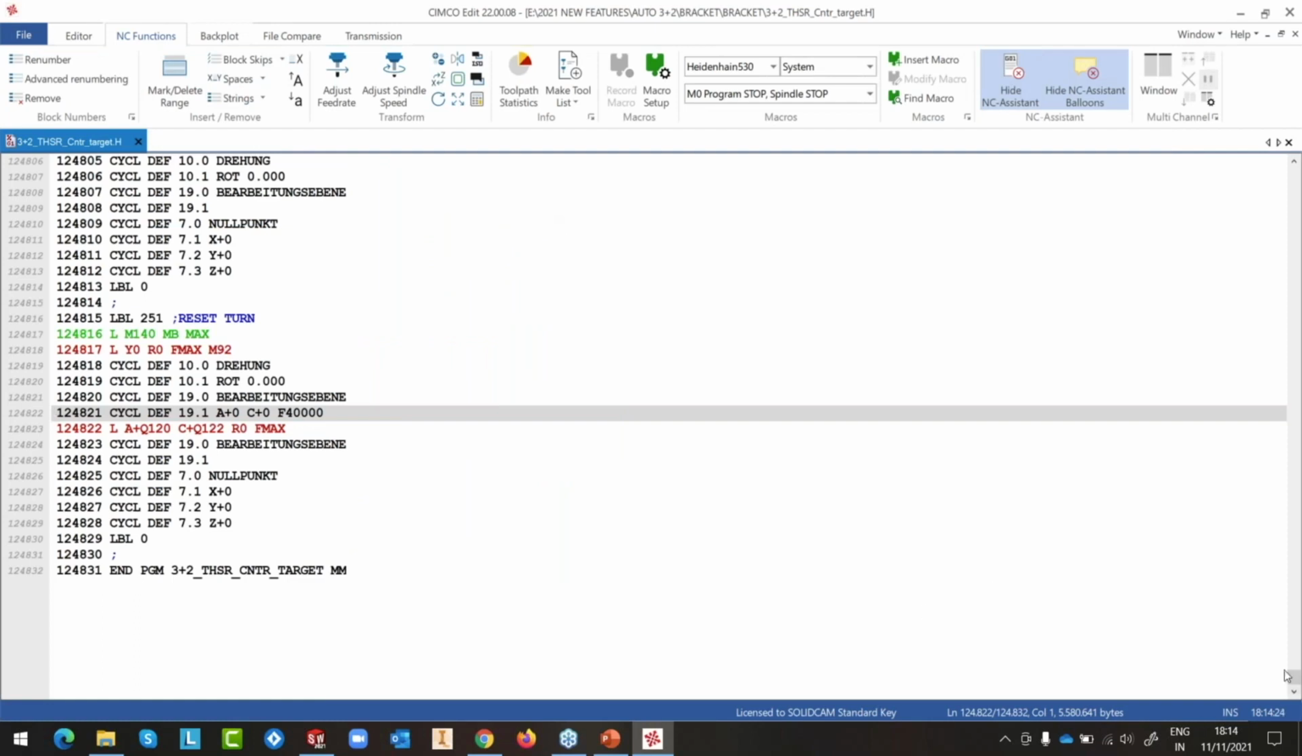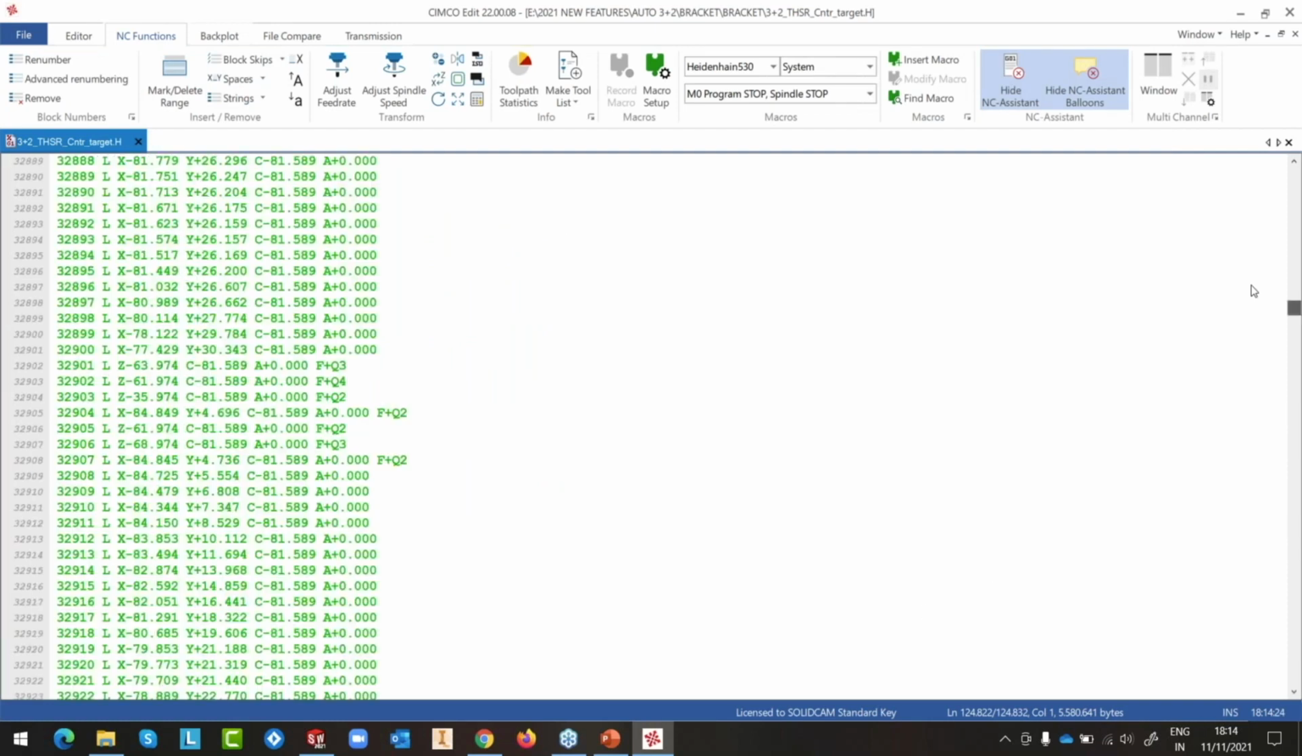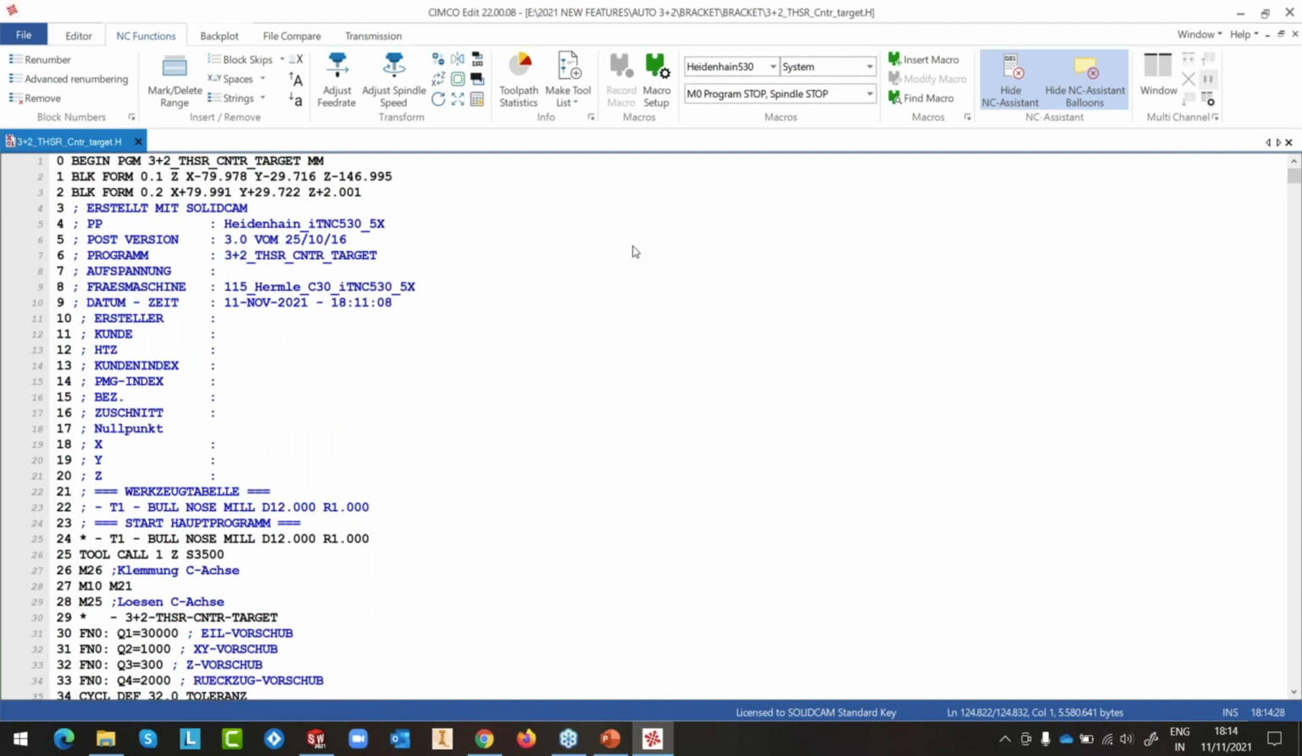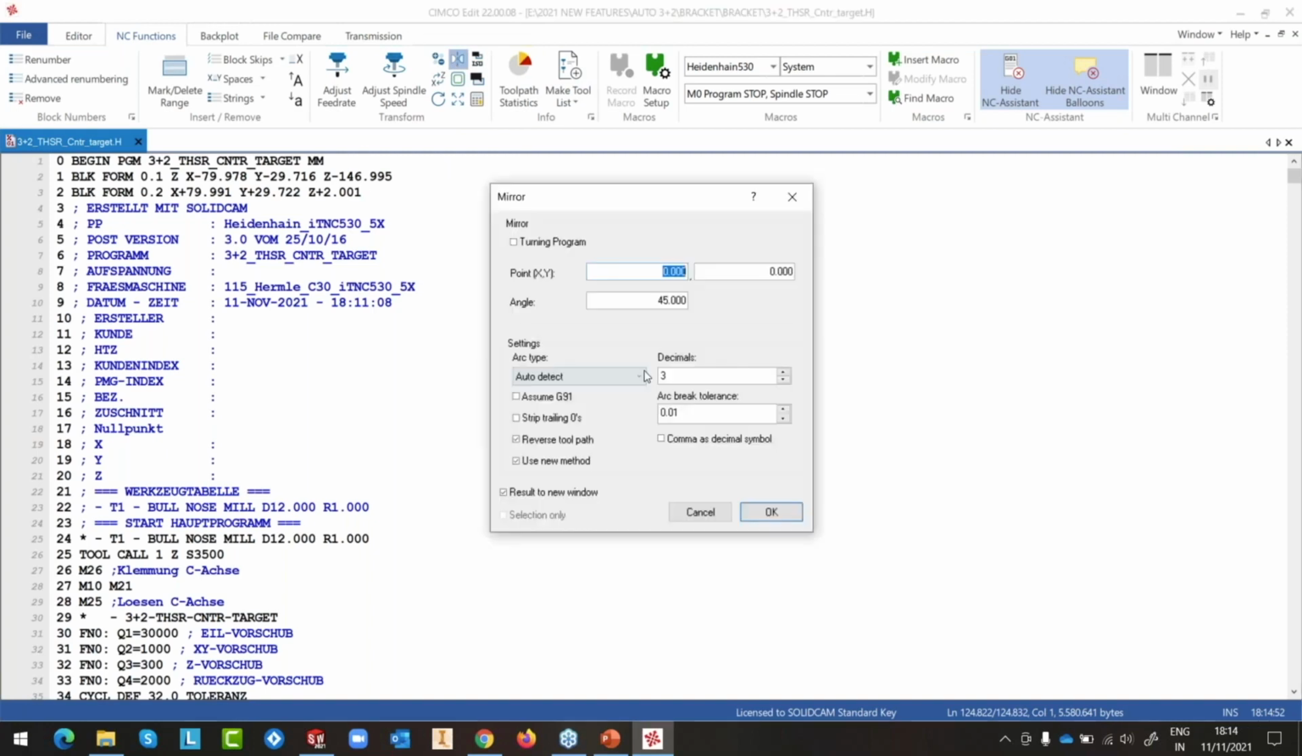The main functionality, why a CNC programmer would need this, is let's assume I want to mirror this entire project or entire toolpath. CIMCO offers a facility to mirror this entire thing, including if it's an entire project. So if you have 15, 20 toolpaths or even 100, 200 toolpaths, you can mirror them just at a click of a button. So I'll go to the NC functions called mirror. And here it's asking me